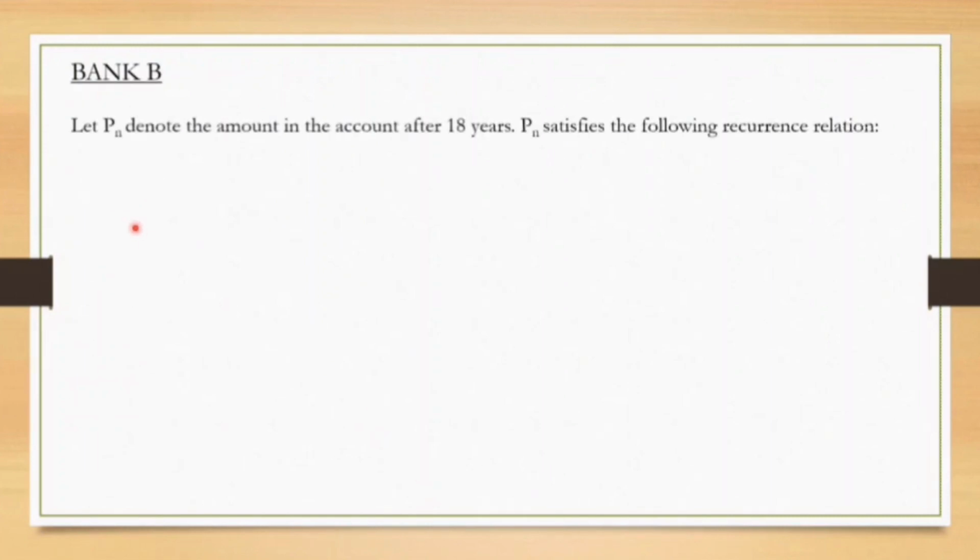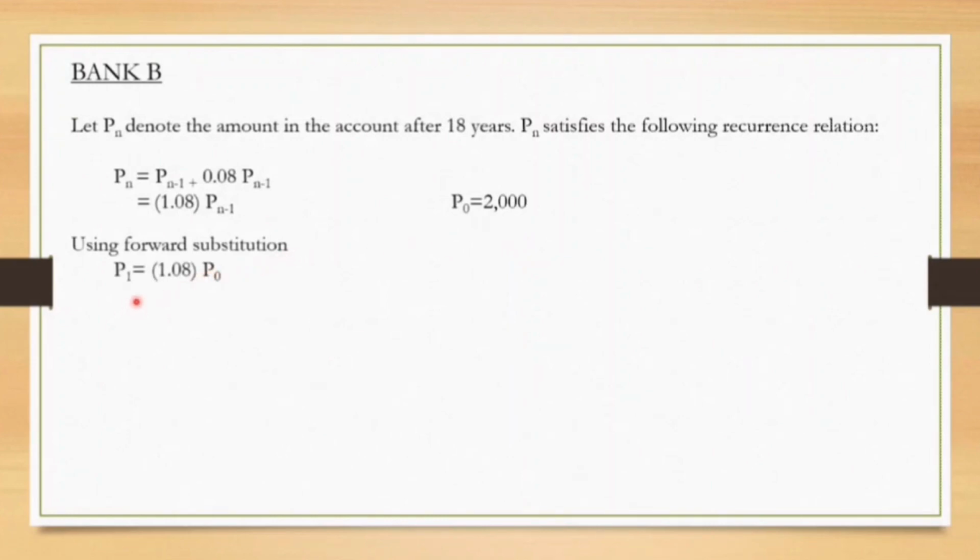For bank B, we will be using the same way, where we only replace the value here with 0.08 because now it is 8% interest. Just now, for bank A it was 11% interest. So we will get 1.08 times Pn-1. P0 is the same value. We will be using forward substitution, which is P1 is 1.08 times P0, P2 is 1.08 times P1, which equals 1.08 to the power of 2 times P0, P3 is 1.08 times P2, which equals 1.08 to the power of 3 times P0,